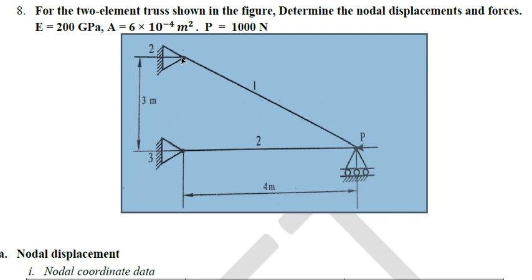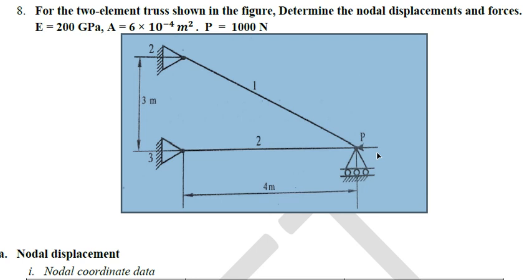If node 2 is having q3 and q4 as the displacements in x and y directions respectively, both q3 and q4 are arrested because it is hinged and completely degrees of freedom are arrested. And at node 3, if q5 and q6 are the displacements, q5 in x direction and q6 in y direction, the entire degrees of freedom at node 3 are arrested, both q5, q6. Now, q2, q3, q4, q5, q6 are arrested. The only degree of freedom is q1.